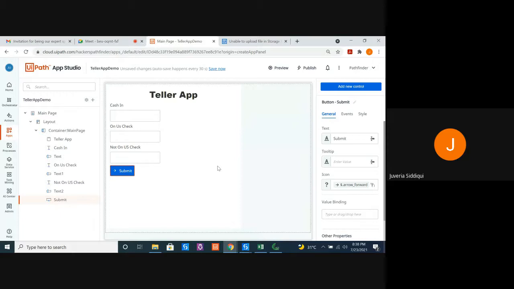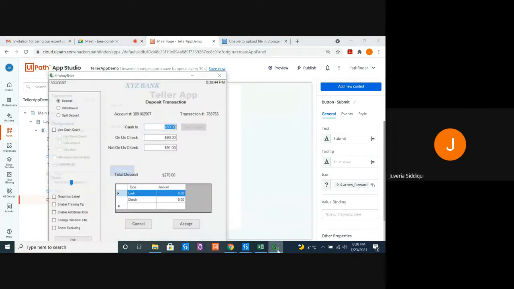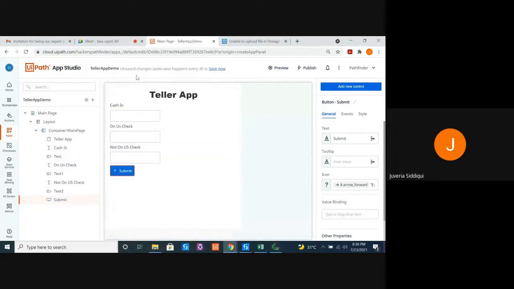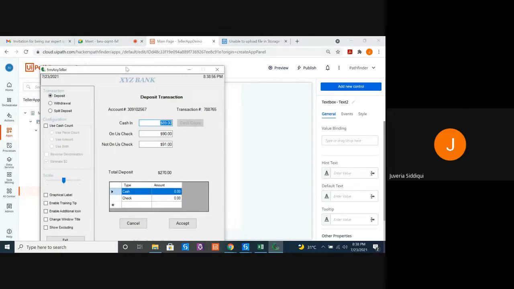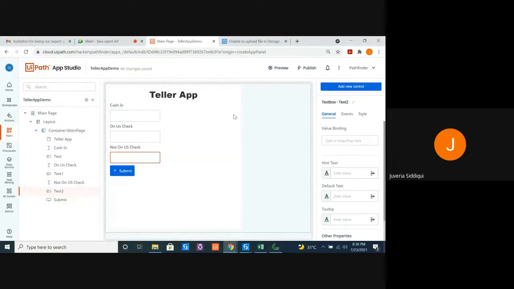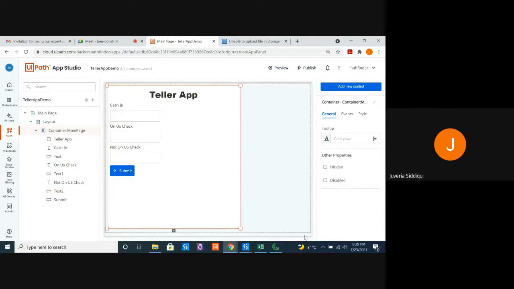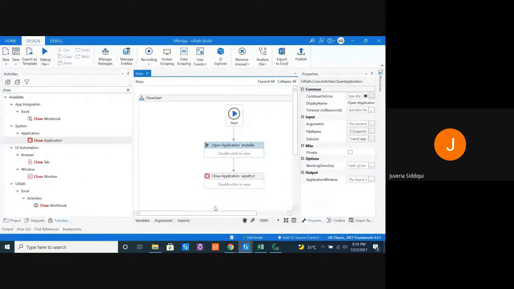So this is basically a very basic application that we have created. Now, if you remember when I started this session, I told you that in our scenario my employee cannot access this application. So we are creating an application for the person. Whatever values my employee enters over here, as soon as he clicks submit, this value should automatically be updated in this application. And I told you that to connect this web-based application and this desktop application, I'm going to use a middleware layer, and our middleware layer is our flowchart.